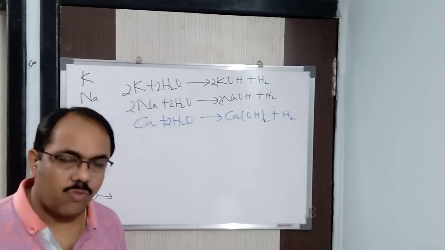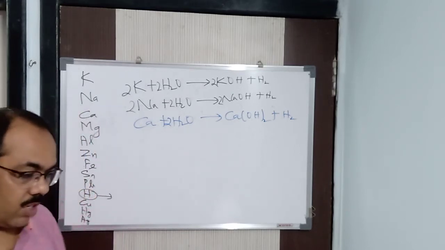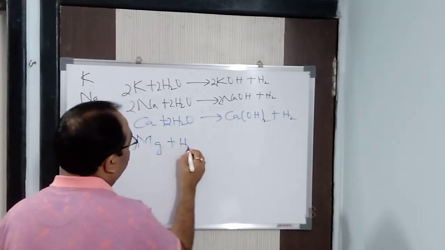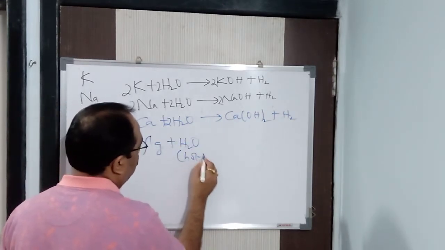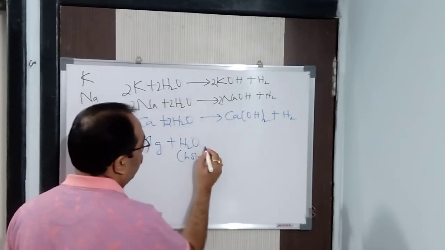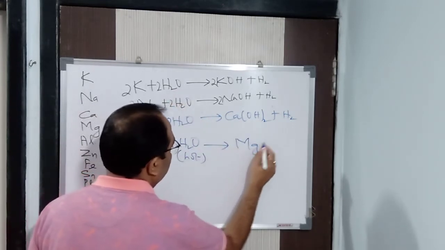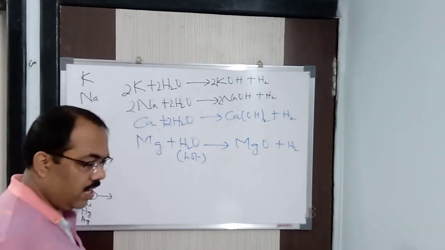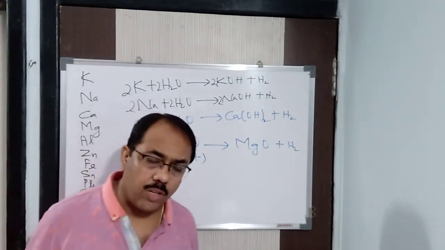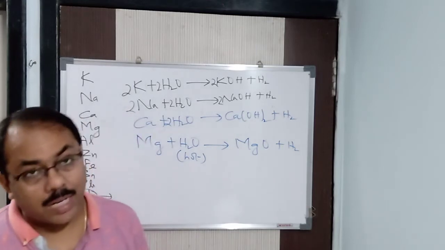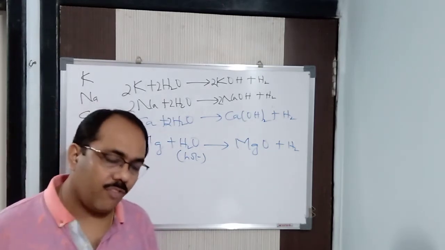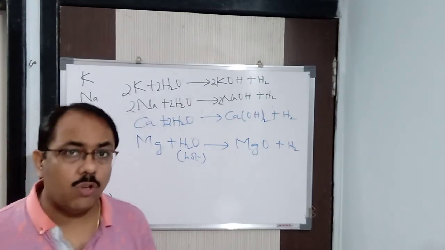They react with hot water, and what do they form? For example, magnesium reacts with hot water; it should be hot here, since nothing means cold or normal water. It is going to give you magnesium oxide and hydrogen gas. Similarly, zinc gives zinc oxide and hydrogen gas, and aluminium gives aluminium oxide and hydrogen gas. But let me tell you that the reaction takes place for a short period of time. After that, the reaction stops. Do you know why?